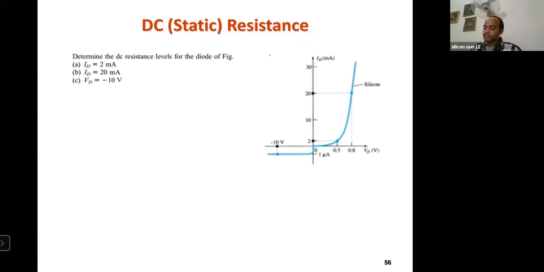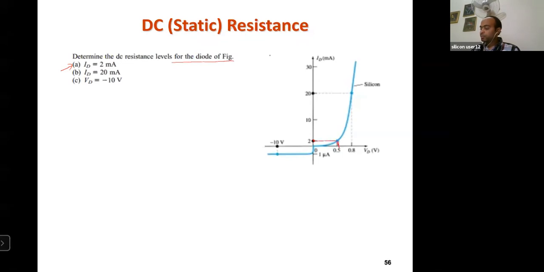Determine the DC resistance level for the diode of the figure. Option A at ID equal to 2 milliampere, option B at ID equal to 20 milliampere. First, let us solve option A. When ID equals 2 milliampere, we want to find the resistance. The characteristic curve is given to you, and at ID equal to 2 milliampere, you want to calculate the resistance. Just put a simple line here